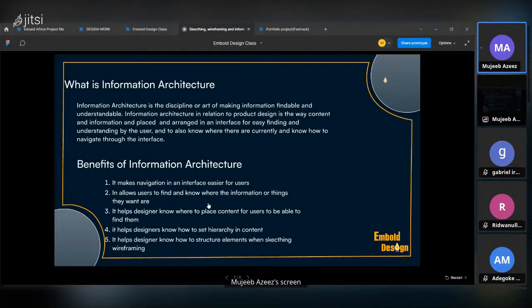So when we are placing content, or when we are arranging content, when we are structuring our content,